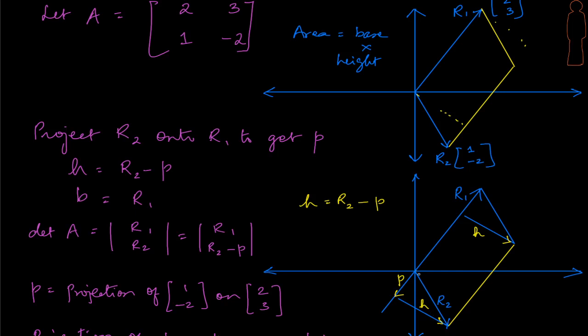So R2 is projected onto R1, gives me the shadow P, and the height, which is the perpendicular distance, is going to be given by, let's take a look at, if I walk P and then H, I would reach R2, right? Which means what should be my H? It must be R2 minus P. So if I do P plus R2 minus P, I am reaching effectively R2 by the basic law of vector addition. So I got my H. What's my base? My base is going to be the standard R1, because this is the height and this is going to be my R1.